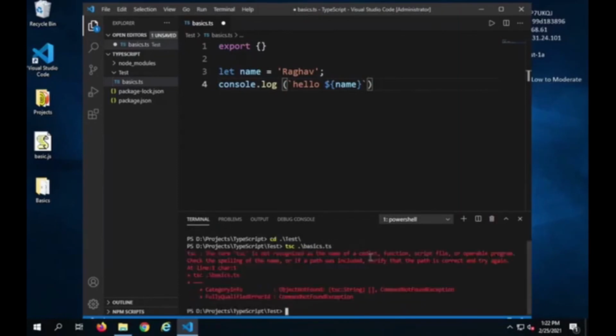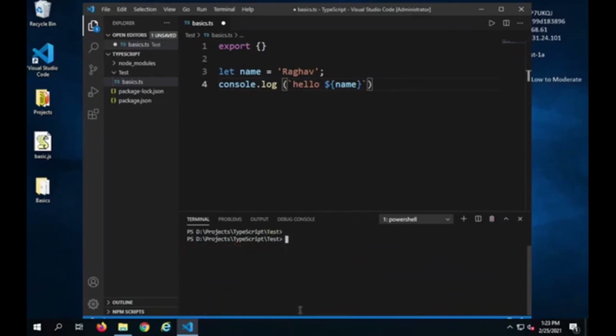Now here in my case, you can see it is saying tsc is not recognized because I have created a node project and I have installed TypeScript as a local package in this folder in this project. So for using the node module, that is TypeScript, I will have to use npx. So let me say here, I will say npx, and then I will say tsc and the name of the file. And if I hit enter, you will now see it will compile the TypeScript and it will create a